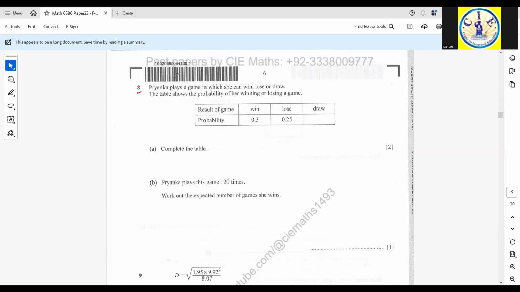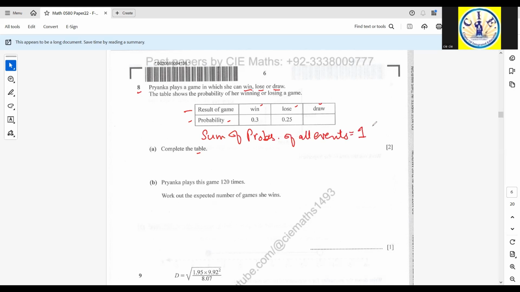It's now question number 8. Priyanka plays a game in which she can win, lose, or draw. The table shows the probability of her winning or losing a game. Result of game, probability: win, lose, or draw. Complete the table. Since we are given the probabilities and we know that the sum of probabilities of all events